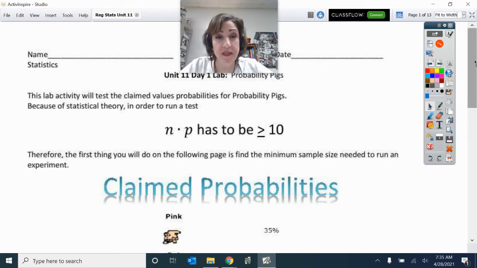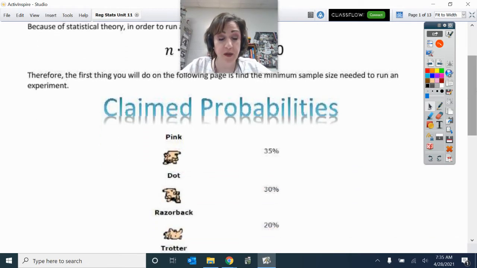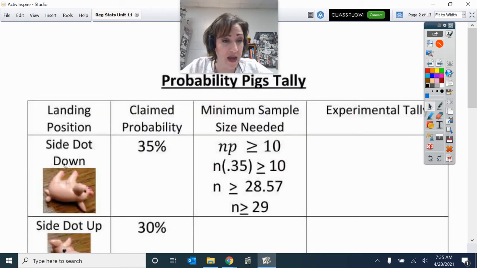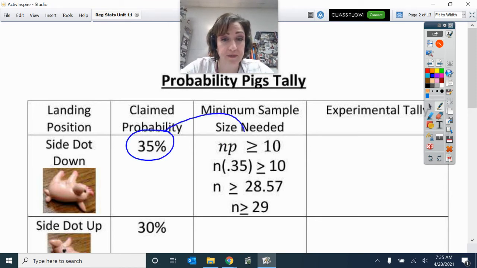So for example, the first thing that we're going to be looking for is if the pig lands on its side with the pink side up. On the next page, you have it here. I wrote it as side dot down. It's on its side, but the dot is down, and that will land that way about 35% of the time, is the claimed probability. So if we put this into the formula, sample size times the 35% probability here,